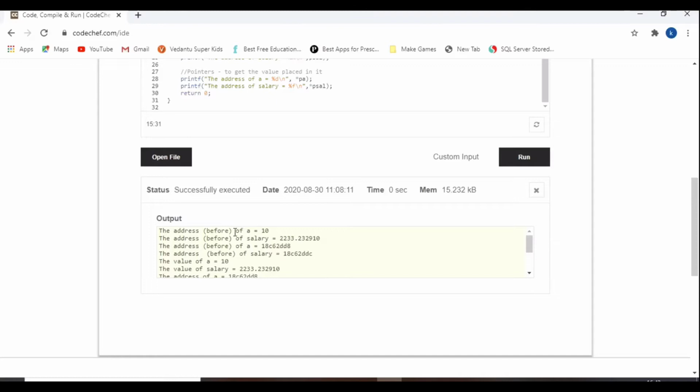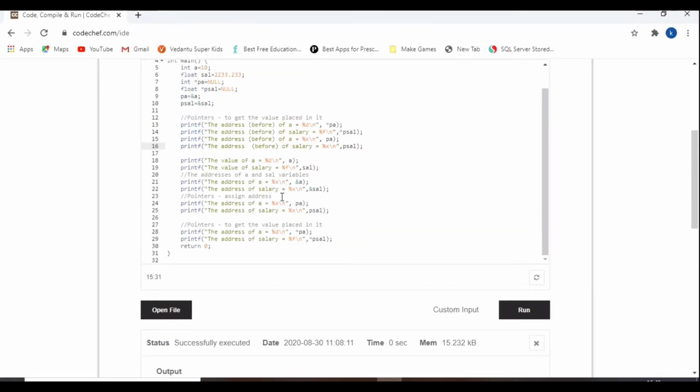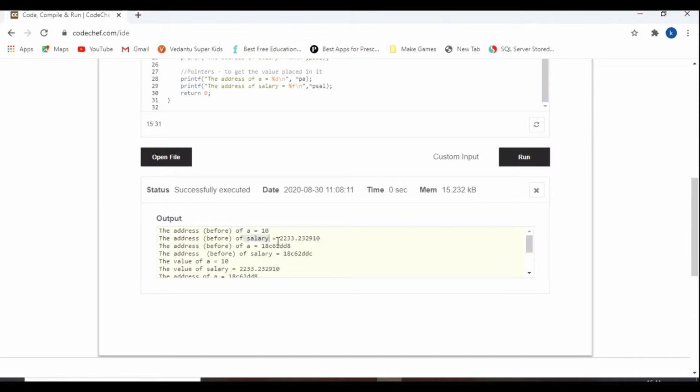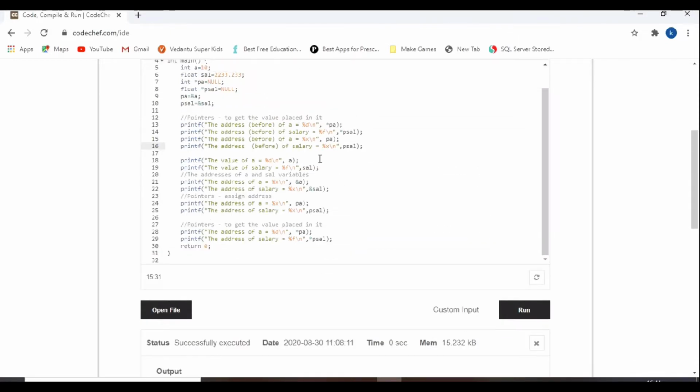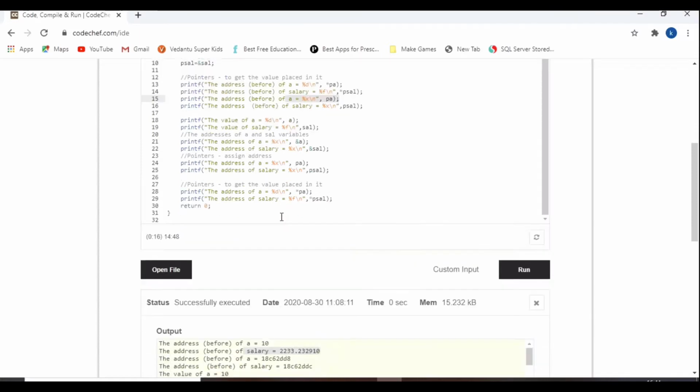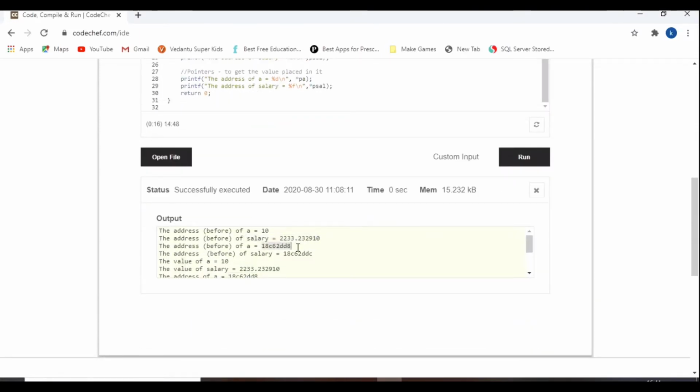The star pa contains the value, and the star p sal is equal to this one. And here this is the address. You got it?